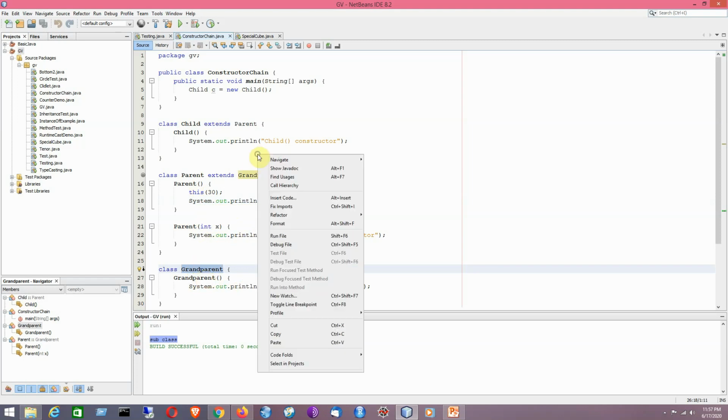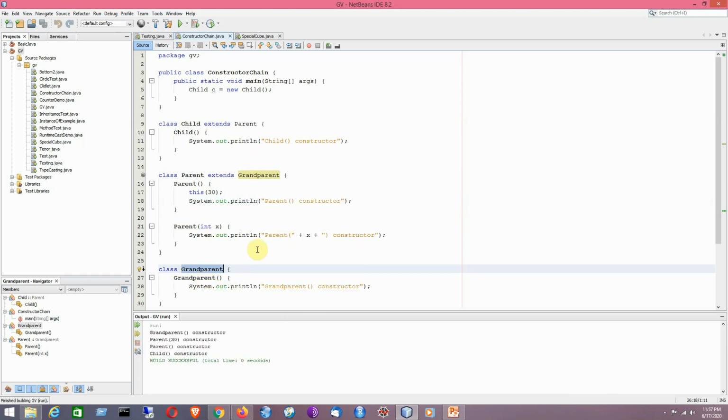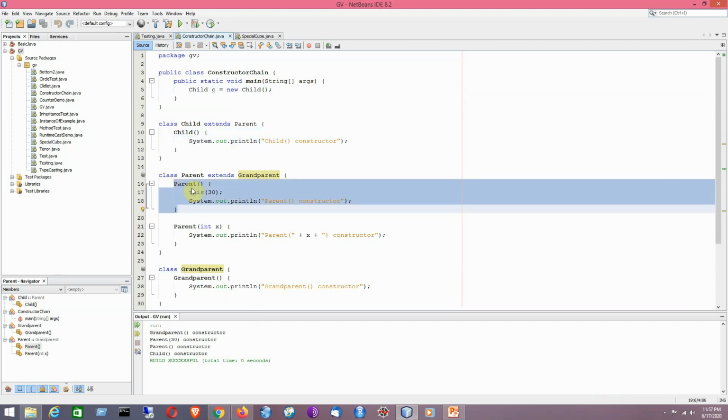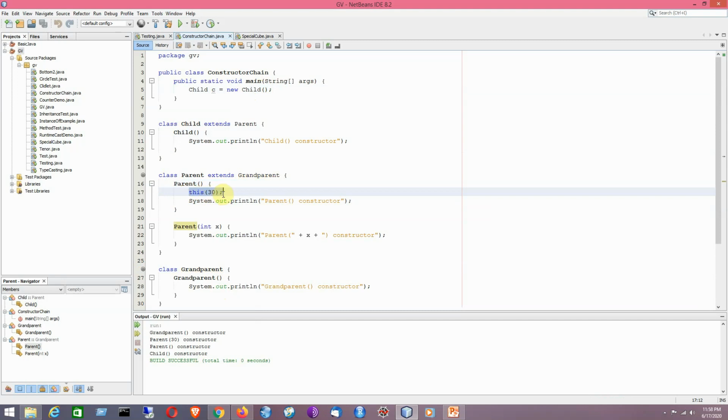So if I try to execute this program, you can see the control will first move here, then from this it will look for the immediate superclass default no argument constructor, so it will move here. Here we have a this call, so it is looking for a different constructor of the same class. It happens to be a parameterized constructor. Now it will look for the default no argument constructor of its immediate superclass, which happens to be the grandparent. Now after that there is no top level class, so that is why it will get printed.